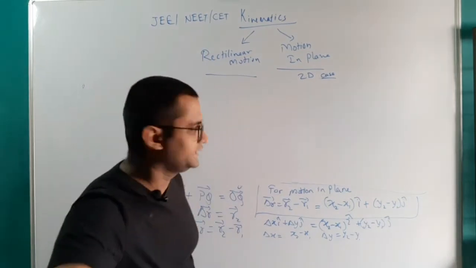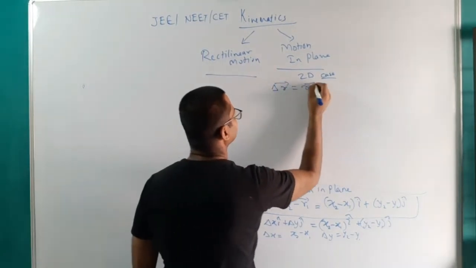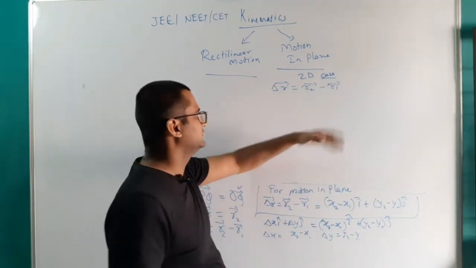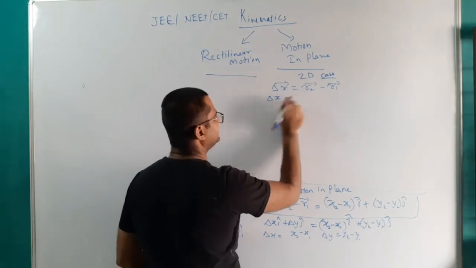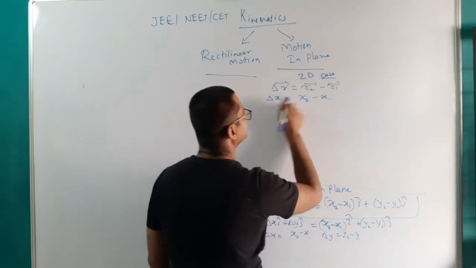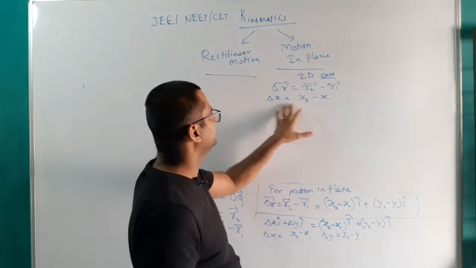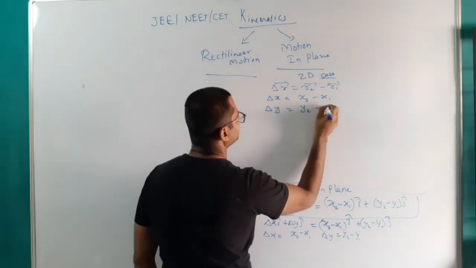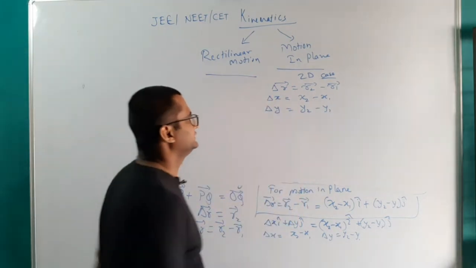See here, what we have is displacement equal to r2 vector minus r1 vector, and if you want to write this in component form, then delta x, the x part of the displacement, will be x2 minus x1. You can also give coordinates here, but since we are considering components, we will not write vector in this part. Delta y will be y2 minus y1, and in the same way delta z will be z2 minus z1, but we will not write that z part.